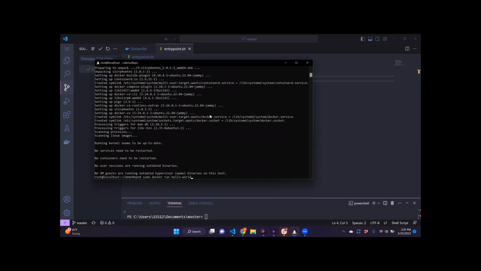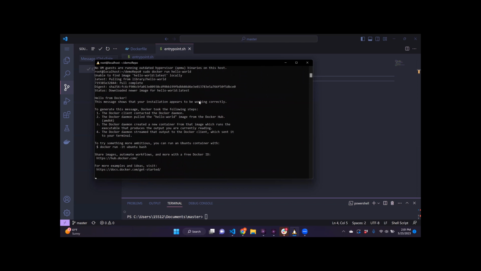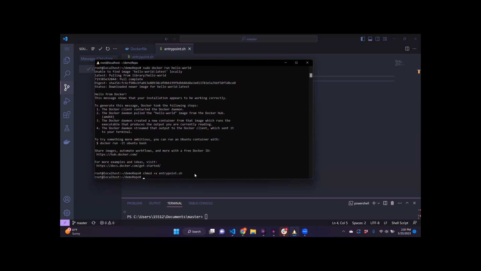And now we'll try doing this. So we get a hello from Docker. So this means Docker's been installed properly. So just a couple more things we got to do to get up and running. First, we got to fix the permissions on our executable file. So we'll do chmod +x entrypoint.sh. And then we'll also do the same for init